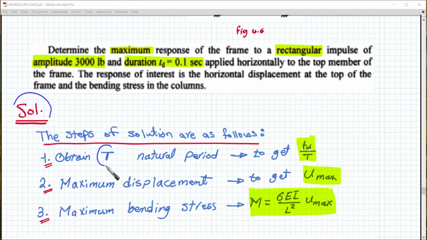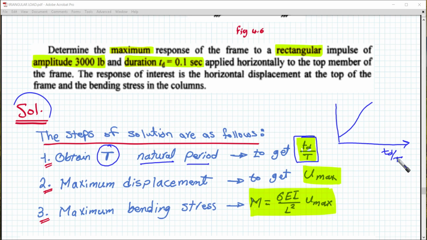First of all, we need to obtain T, which is the natural period of the system. Why? Because we want to get Td over T. Remember the relation in the graph that we were talking about a few minutes ago. We were talking about Rd maximum in the vertical axis and Td over T in the horizontal axis. So our strategy is that we want to obtain the value of Td over T here,